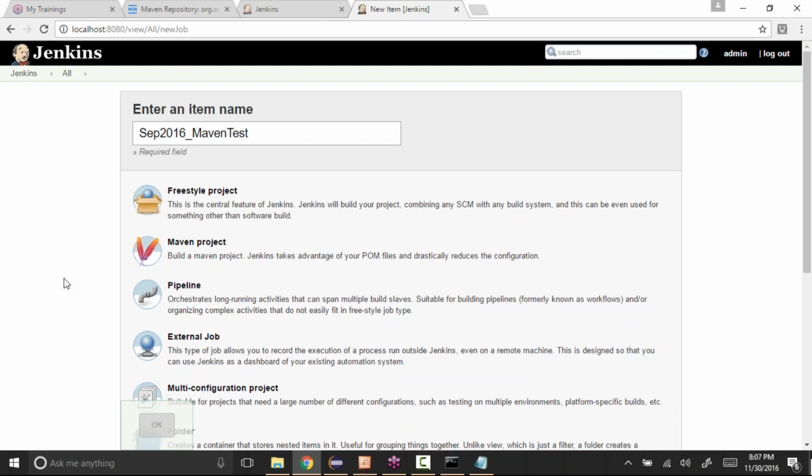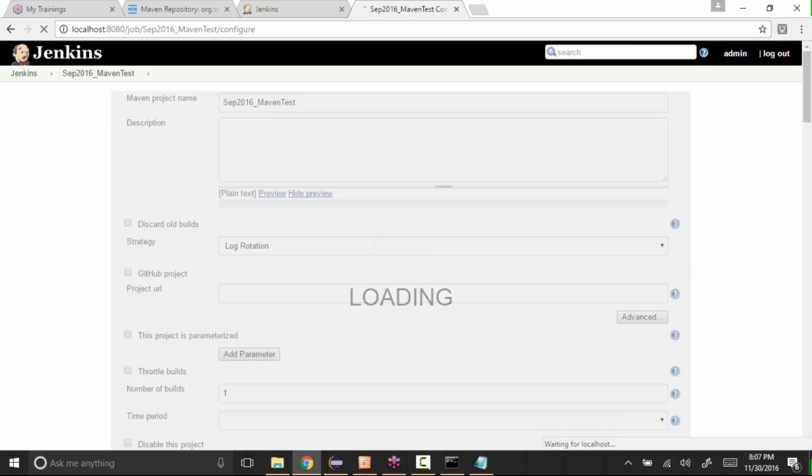But now we want to do a Maven project, so I'll select Maven over here and click on the OK button. That means we are creating a Maven project from Jenkins, because we want to execute a Maven project. Click on OK, and it will ask you for some more information.